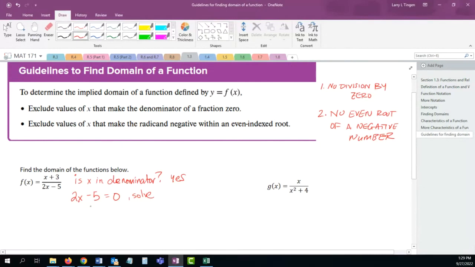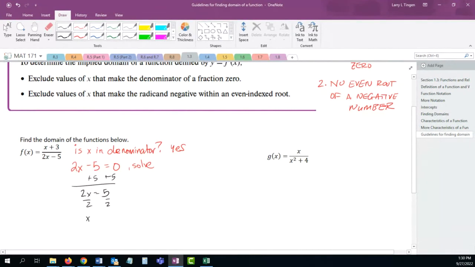What I'm going to find are all the x values that make the denominator 0, which is the thing we have to avoid. So 2x minus 5 is equal to 0. Add 5 to both sides. 2x is equal to 5. Divide by 2, divide by 2. And x is 5/2. Now, this is a number that cannot be in the domain,